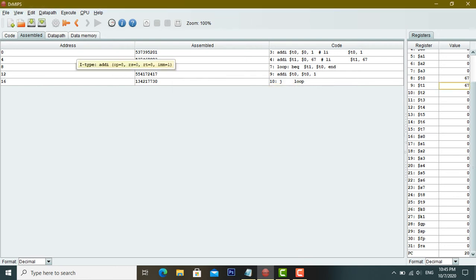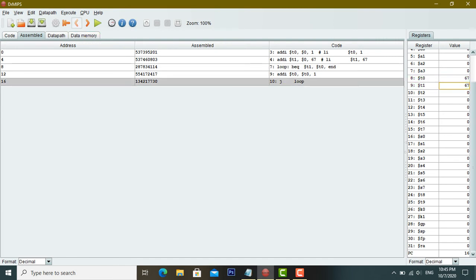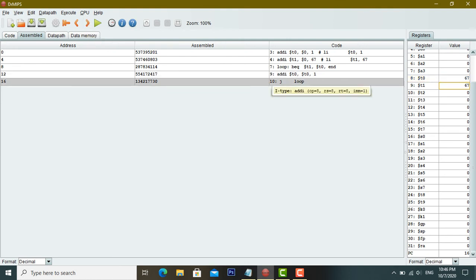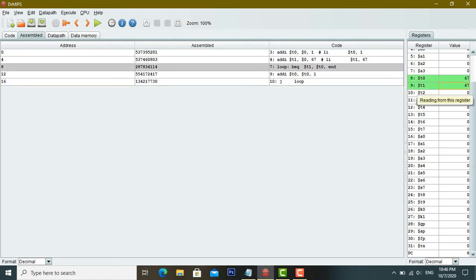We can also see the last step by back step. Here we have the value 67, and when we step forward this will go to the next instruction, that is jump to loop, and the value is incremented to 67, that is equal to temporary register 1, and when we step forward it will check both values.